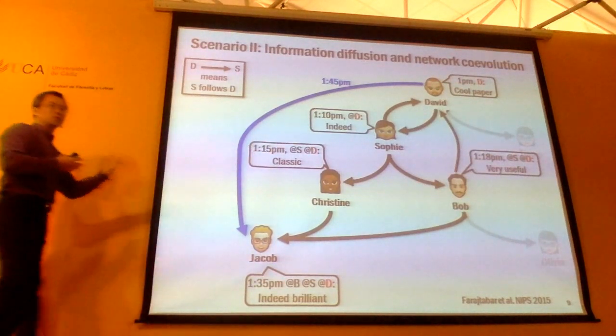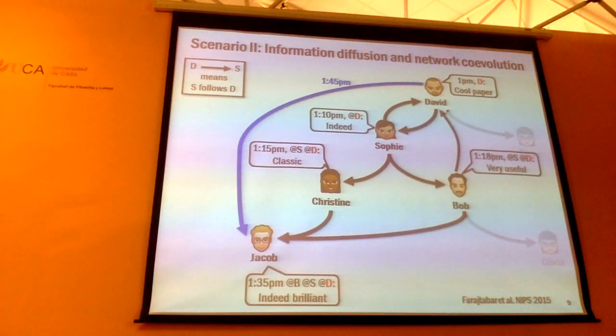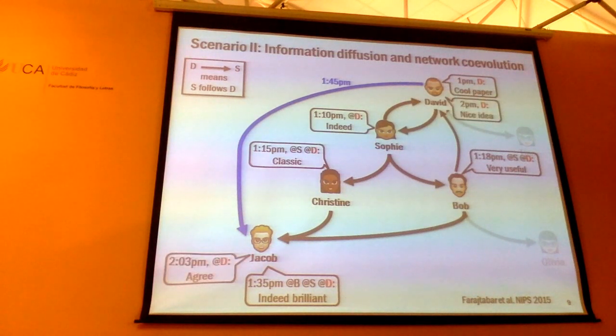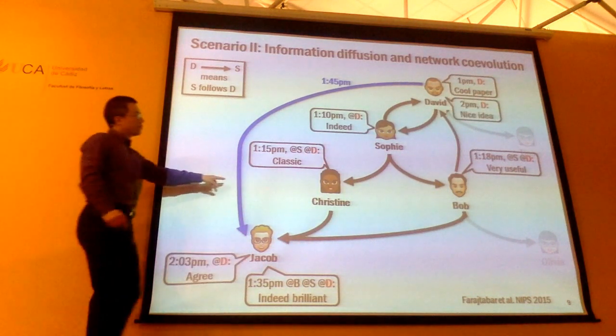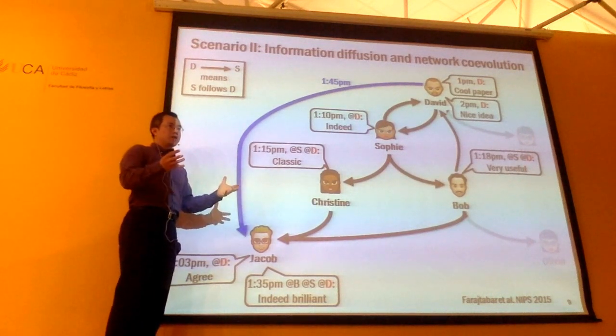So the network is going to change because of the spread of information. Okay, that's what happens in Twitter. So you can actually model simultaneously this information diffusion and the creation of new edges in the network. In some sense, you can use this type of technique for generating an evolution model of the network. Okay. So once you have this new link, the information propagation is going to be completely changed.